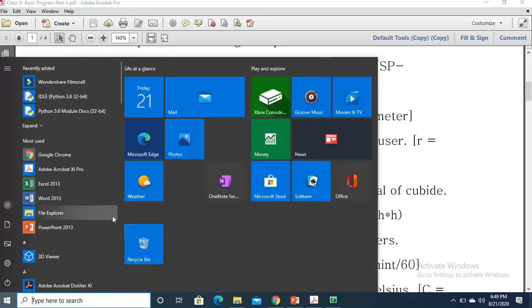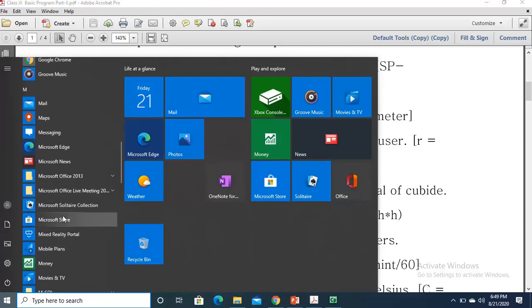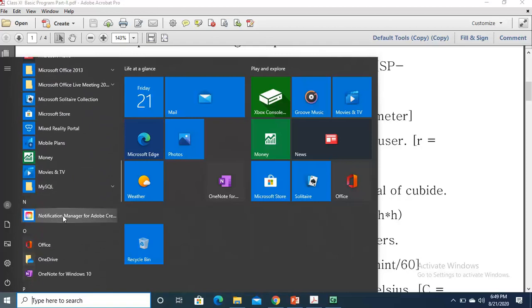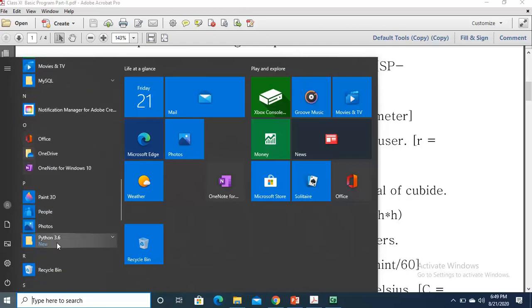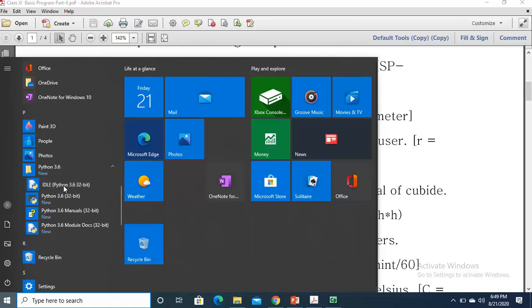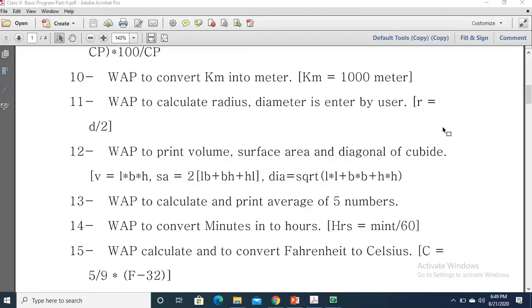Here I am going to use IDLE, Integrated Development and Learning Environment, as I have already discussed in class. Here I have opened IDLE, and now I have to select a program which I am going to demonstrate in front of you.